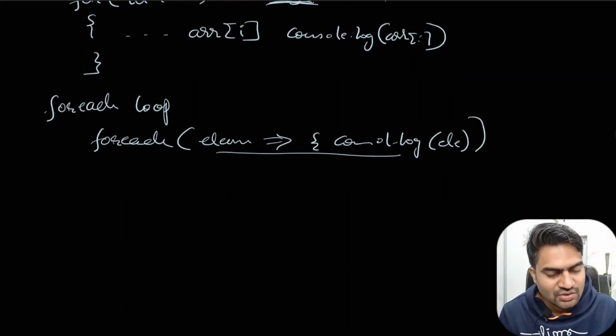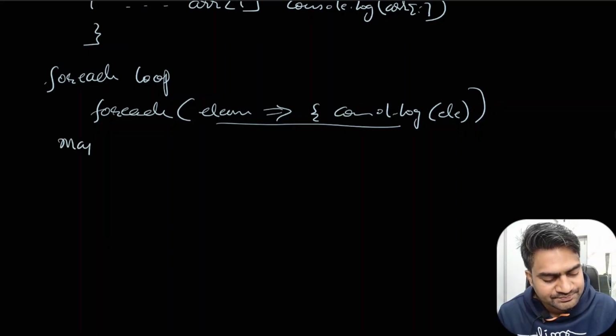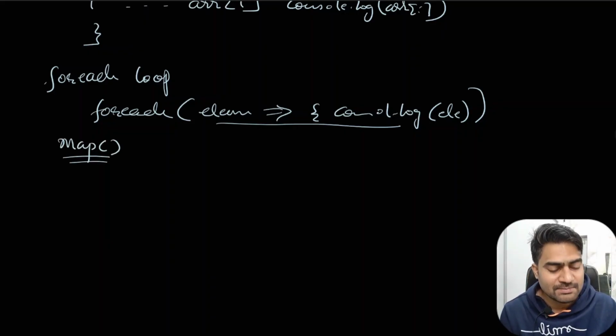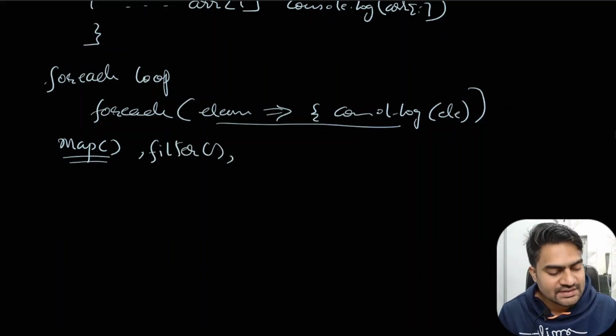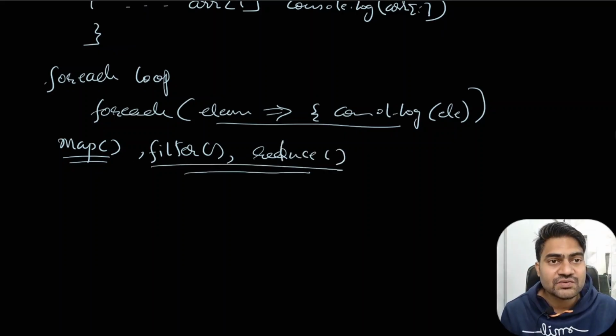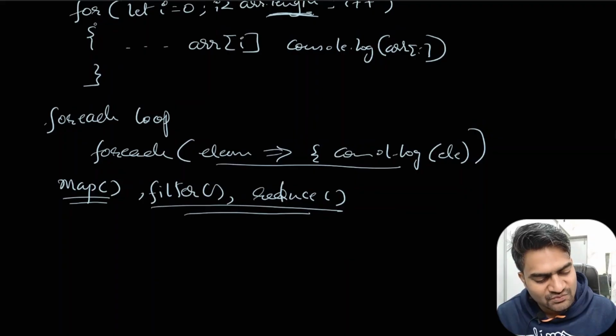This is the for loop. Then another thing would be the map, and there is the filter method, there is the reduce method. These are all used for processing the data. We will see examples. And there is one more loop, the same for loop but in a